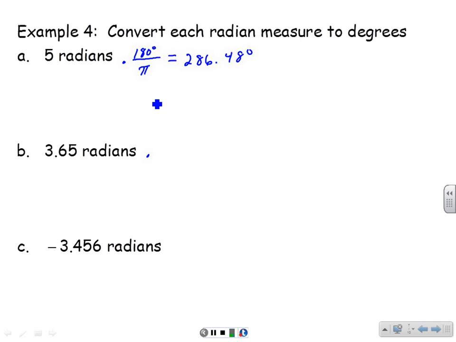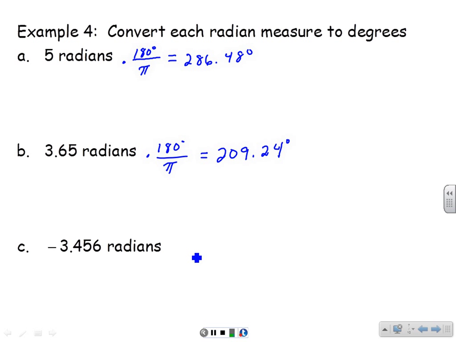So same thing, we want degrees on top. And since this 3.65 has pi in it, we need to divide that pi back out. So what we're going to do is 3.65 times 180 degrees, and then we're going to divide by 3.14, or in your calculator just divide by the pi button. Anyway, you're going to get 209.24, and again we are rounding, degrees. Now I use 3.14 instead of the pi button because I'm just using a basic calculator, so